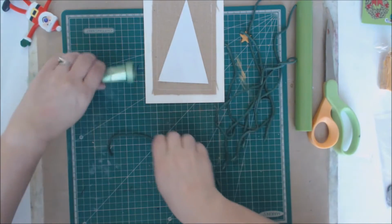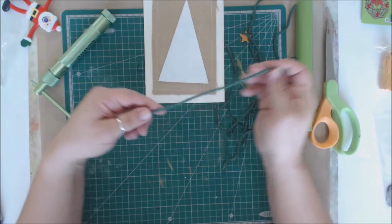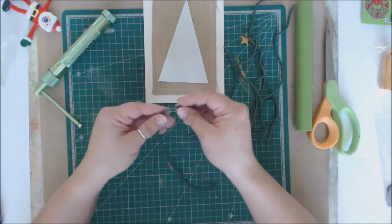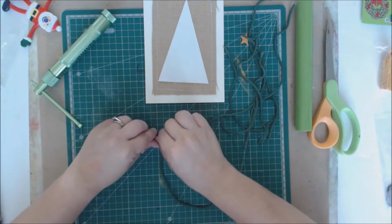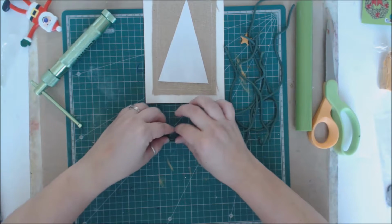All right, so now I have all these long strands, and they're all the same color, and I just did the entire tube. I didn't want to worry about running out. We've got 7 strands, all about the same, and we're going to start looping them up, curling them up, and making them into that fun shape